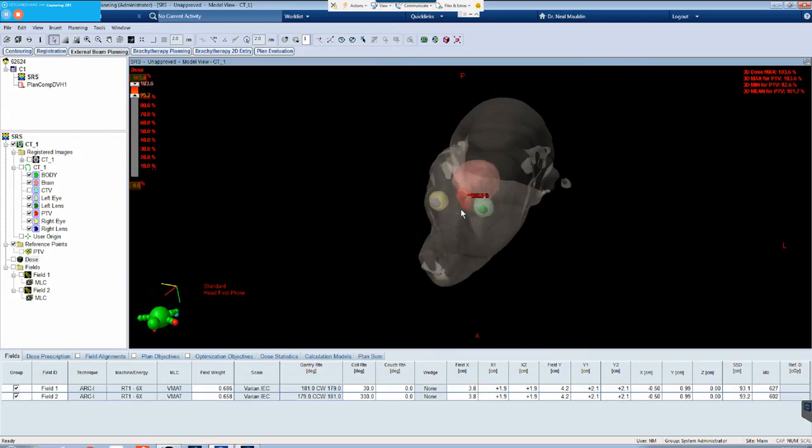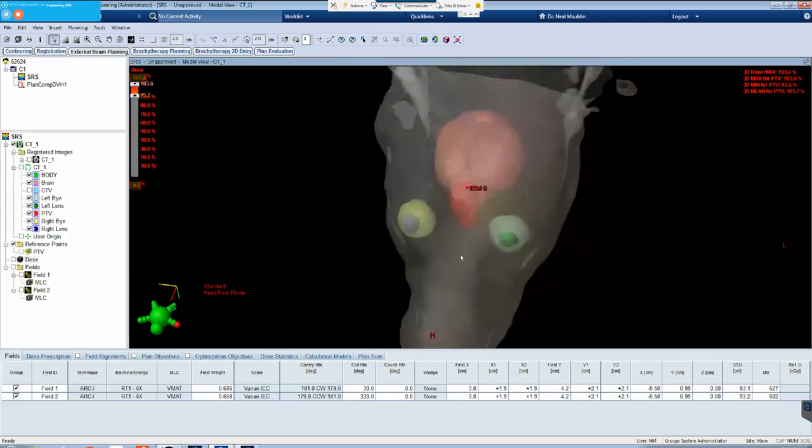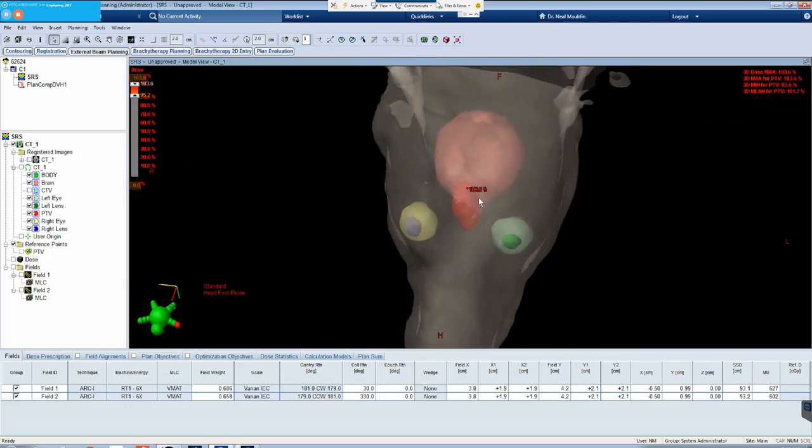If we scroll in a little bit and take a look at this tumor in a little more detail, again, we can see a fairly large volume considering, and we've got this tumor that's nestled right down in between the left and right eye. So it's a good location to have a brain tumor, from the fact that these patients usually don't have really